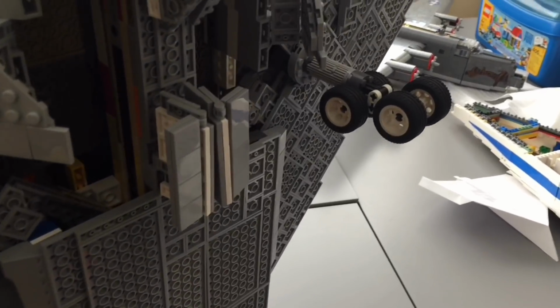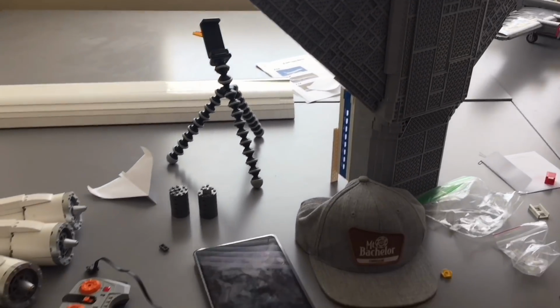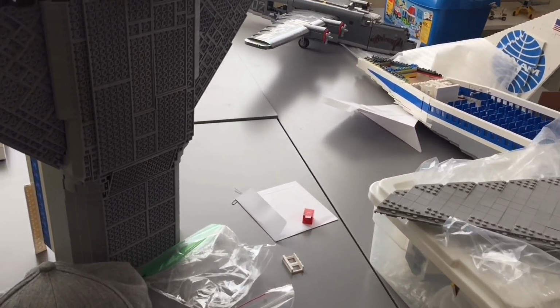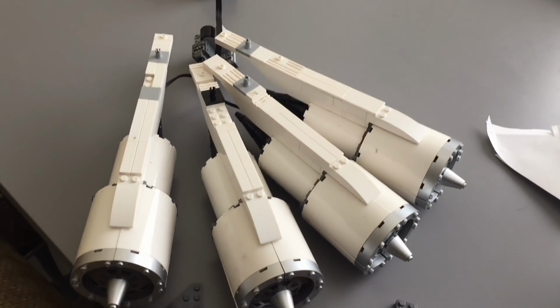There's a lot of hollow space in here, so this is where the battery packs and receiver are going to be. There'll be long extension cables for each engine that drive it directly into the battery box in the center, and it's going to be interesting trying to hide those cables. I'm not going to lie, it's probably going to be a bit of a challenge,